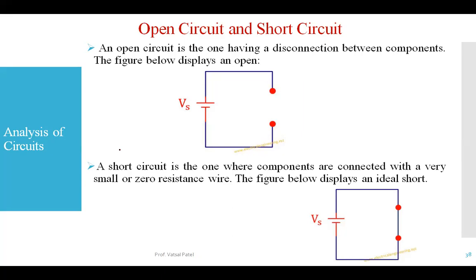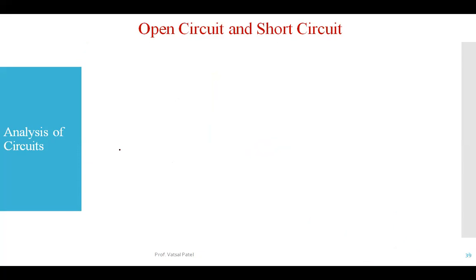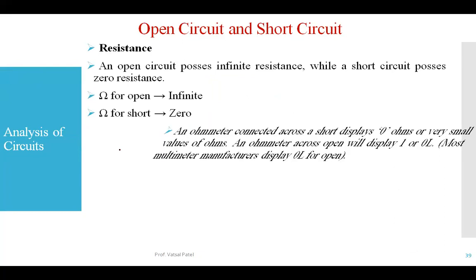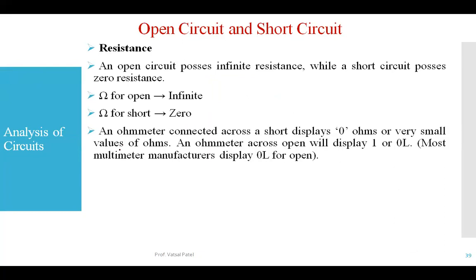In the second diagram, there is a wire connected between those 2 points, and that represents the short circuit case. Here the value of the resistance of the wire is very small, comparatively zero. So ideally, this is our short circuit case. Whatever we discussed is written here in statement form: whenever you have the open circuit, it will possess infinite resistance. Whenever you have a short circuit case, it will possess zero resistance. This is given here, as I mentioned in the previous part also.